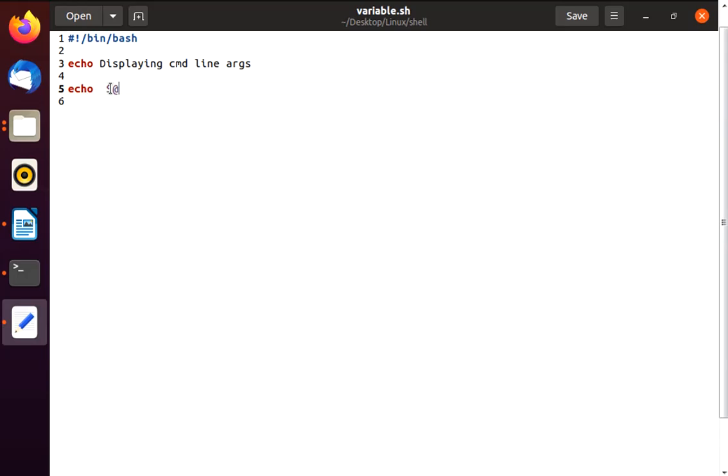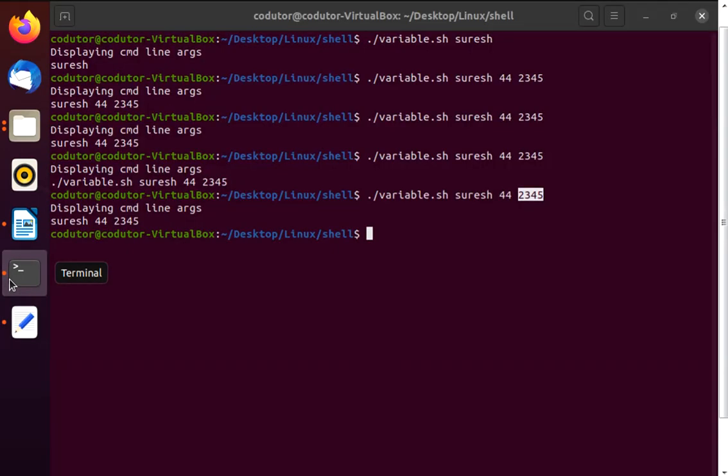If you don't want to increase the code length by using $1, $2, $3, you can just use $@ and it will print all the command line arguments. And if you want to see how many command line arguments are passed to your code, you can see that using echo $#. So this hash will print the number of command line arguments passed to your code.